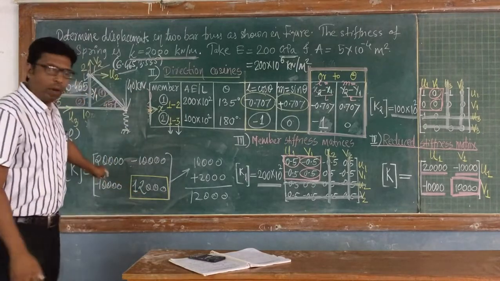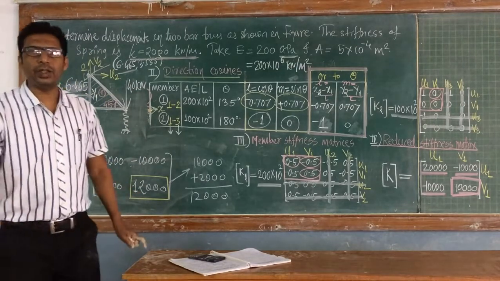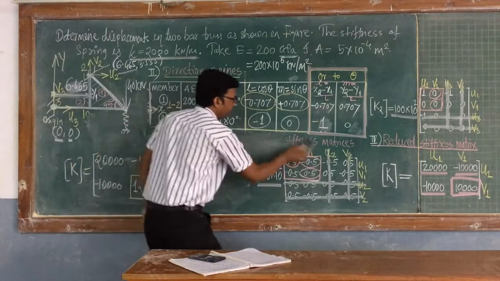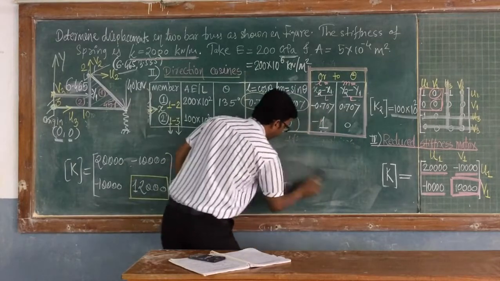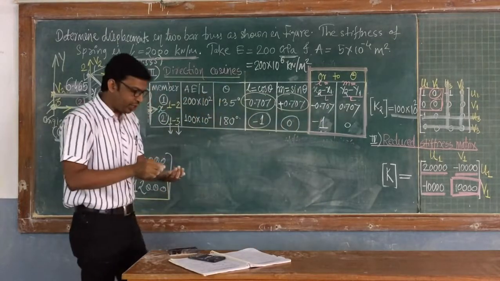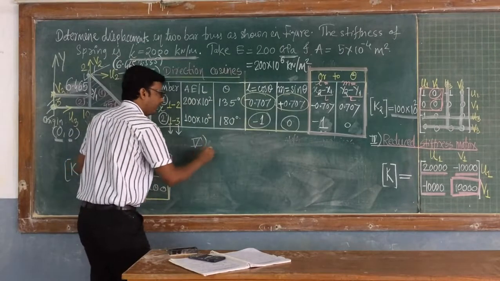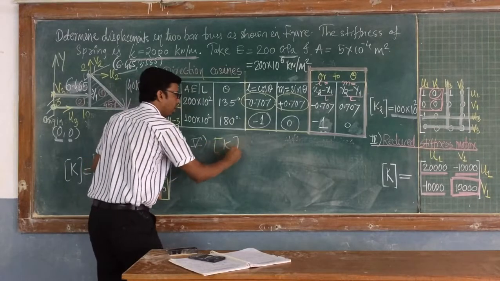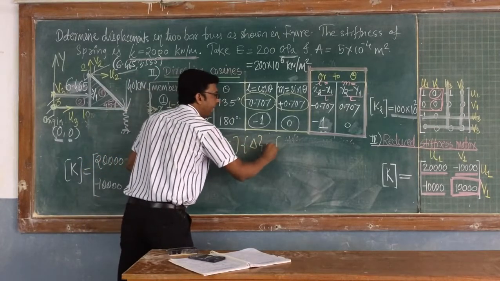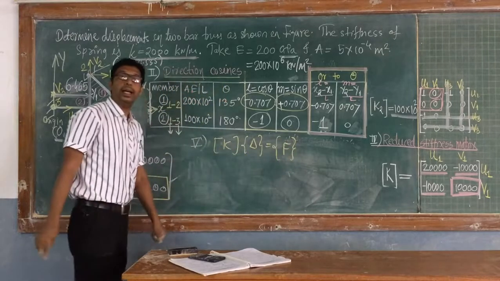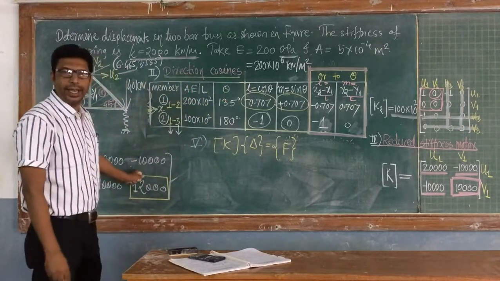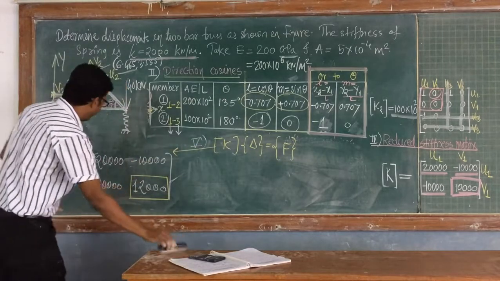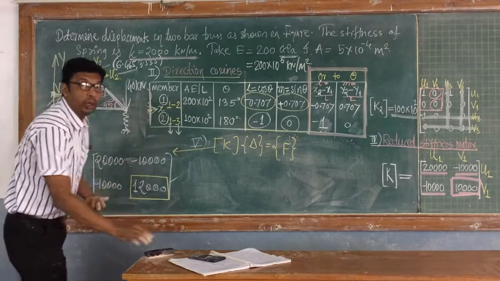So now K is over. This is the final stiffness matrix. So the last step is the compatibility condition. What is the compatibility condition? K into delta is equal to F. K into delta is equal to F. What is K? This is K. K into delta,